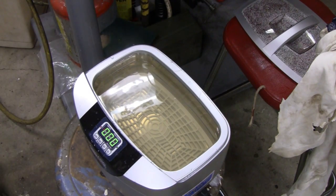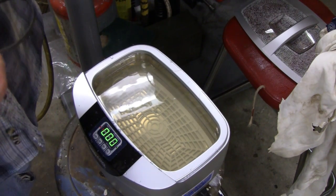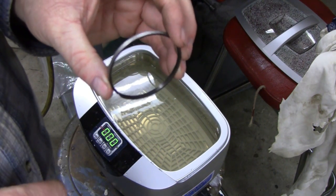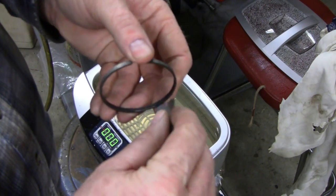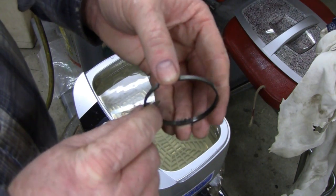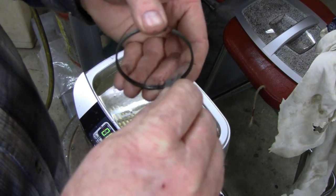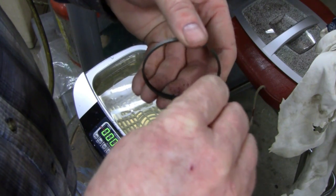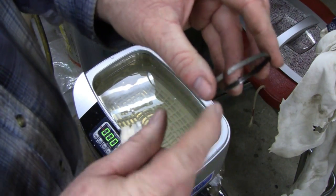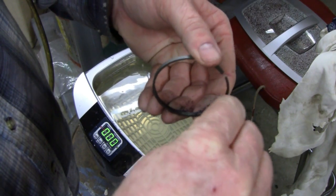Now let me show you. Here's the rings. Let me get my glasses here so I can see. All right. If you look behind the rings, these are all carboned up. You take a razor blade, you can actually see it's all little black stuff coming off on my hands. Get a razor blade and get all this carbon out, and be careful too, because you can break these rings. I mean, you can replace them, but I don't know if you can get an angle right there. But anyway, clean these up, and then after you scrape them with this, hit them with